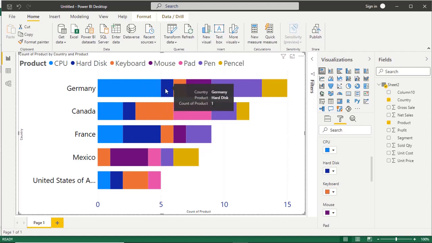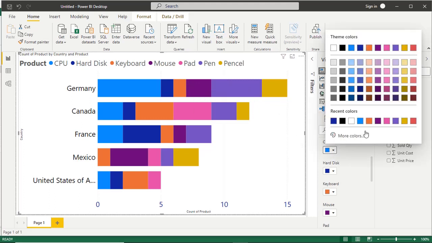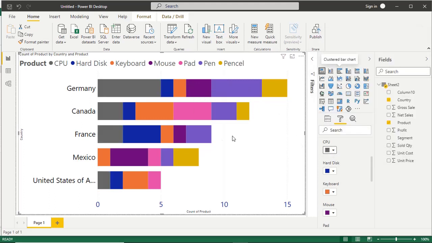Then blue color is the hard disk, and the orange one is the keyboard. By default, Power BI creates its own color for the different categories. But later on, you can change the color of this legend. Say CPU, I say gray color. So you can see the color has been changed for this product. You can change any color for any product.